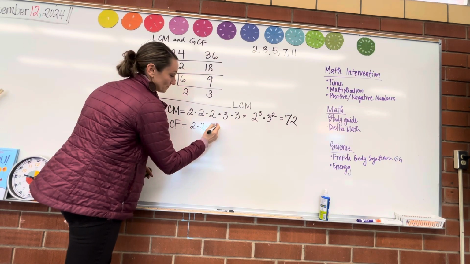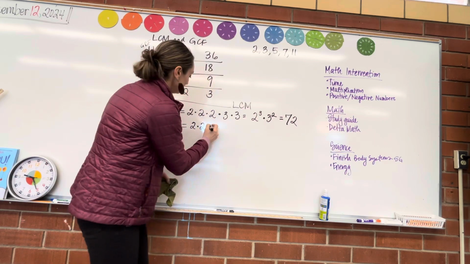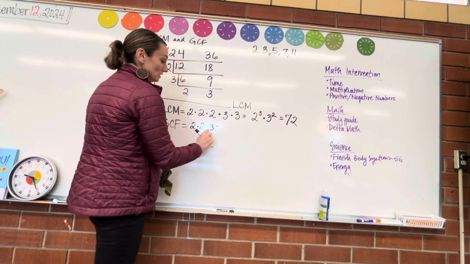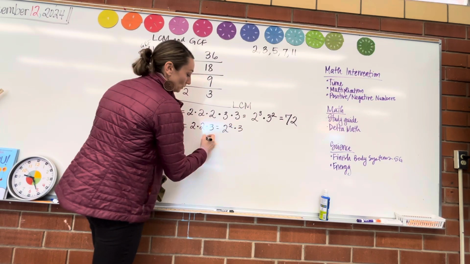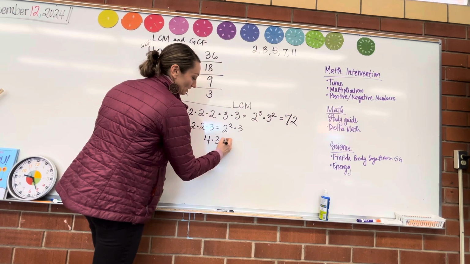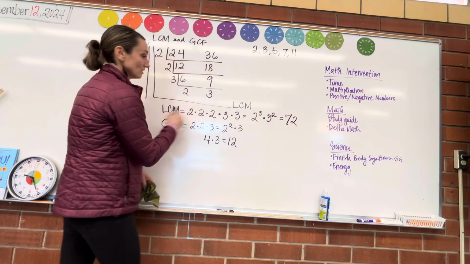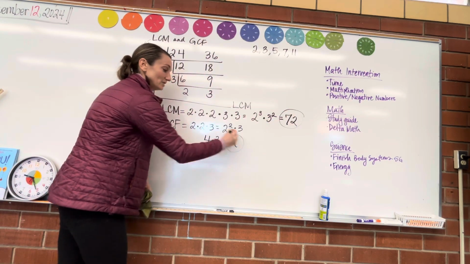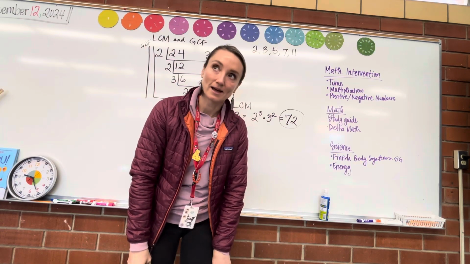Or, oops, y'all, it wouldn't be Miss Huddick without making a mistake, right? 2 times 2 is 2 times 2 and then times 3. So we could write it like this, 2 squared times 3, which is 4 times 3, which is equal to 12. So the LCM is 72. The GCF is 12. I think there's some questions like that on Delta Math this time, so